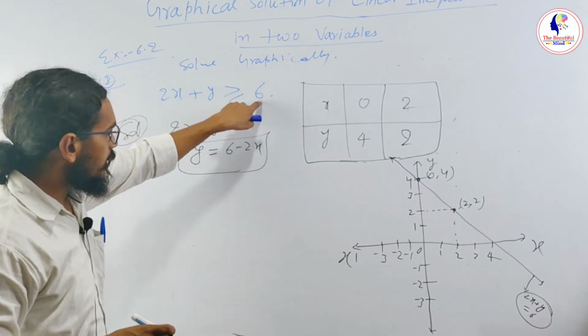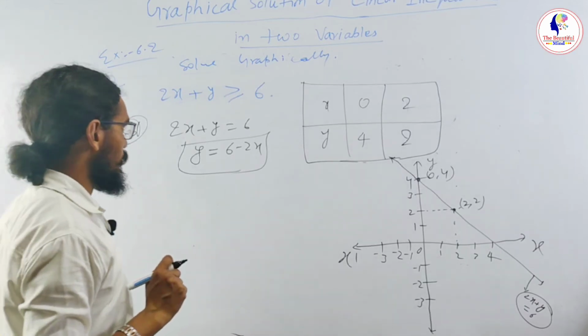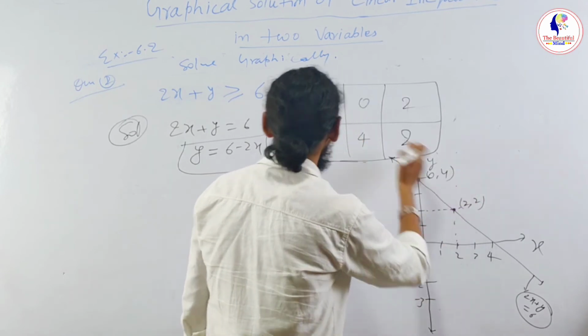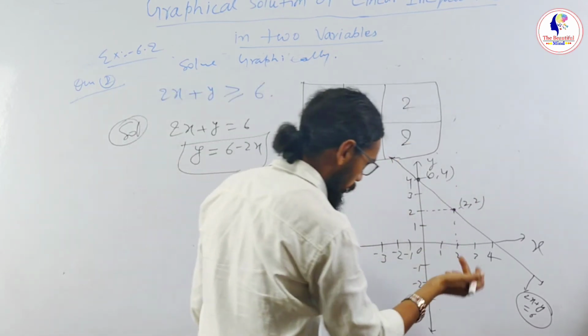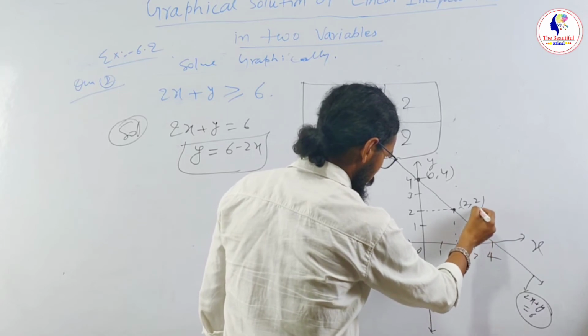7 is greater than or equal to 6. Okay, 7 is greater than or equal to 6. So this line satisfies. अगर हम इस लाइन के ऊपर कोई भी पॉइंट लेते हैं तो ये सेटिस्फाई कर रहा है। हम कोई दूसरा पॉइंट लेके देखते हैं, चेक करते हैं।